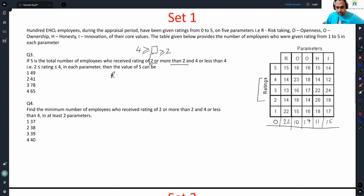So from R, there are 41 such people. From O, there are 23, 16, 18, 34 plus 23, 57 such people. From the second O, there are 18, 17, 14, 49 such people. 14, 22, 20, 36, 20. So H, there are 56 such people. 12, 24, 18. There are how many such people? 54. 54 such people from I. Okay. Then the value of S can be. So if the value of S has been asked,